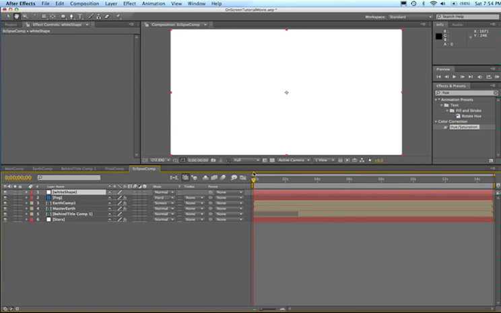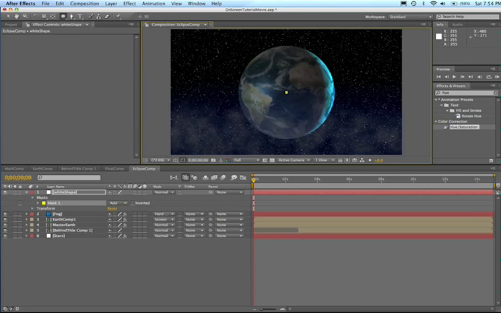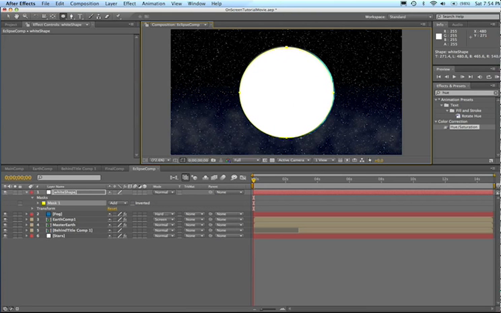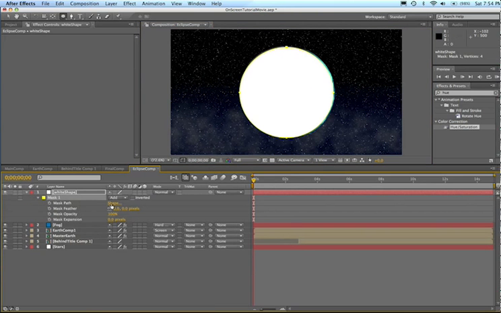Now, it wants me to grab the elliptical tool, the ellipse tool here, and let us make a mask. Hold Command and Shift after I start dragging. So go to the center, then hold Command and Shift and drag, and make this be just a hair's breadth smaller than the Earth, just like that. Okay? Now, let's click MM, and let's make the feather of this be 10 pixels. And then if I go into the mask effect here,